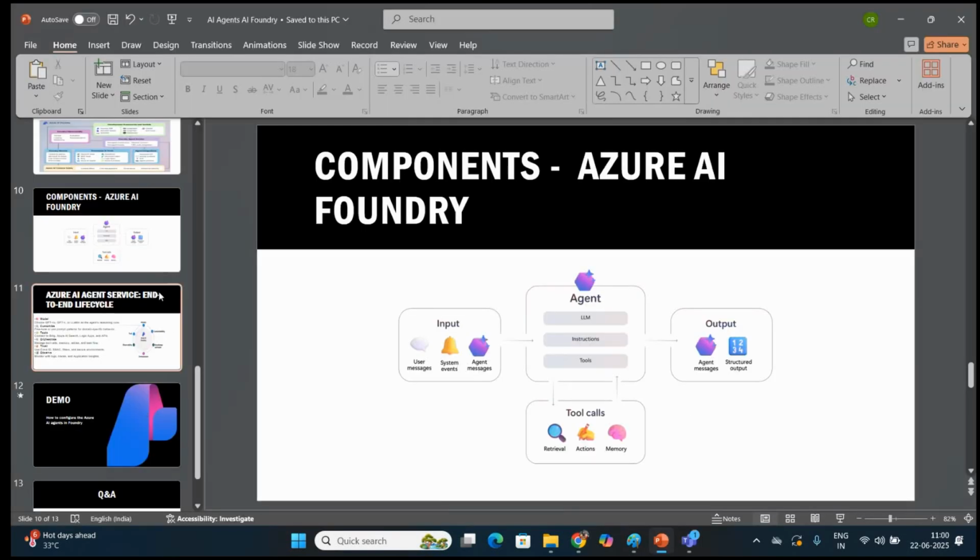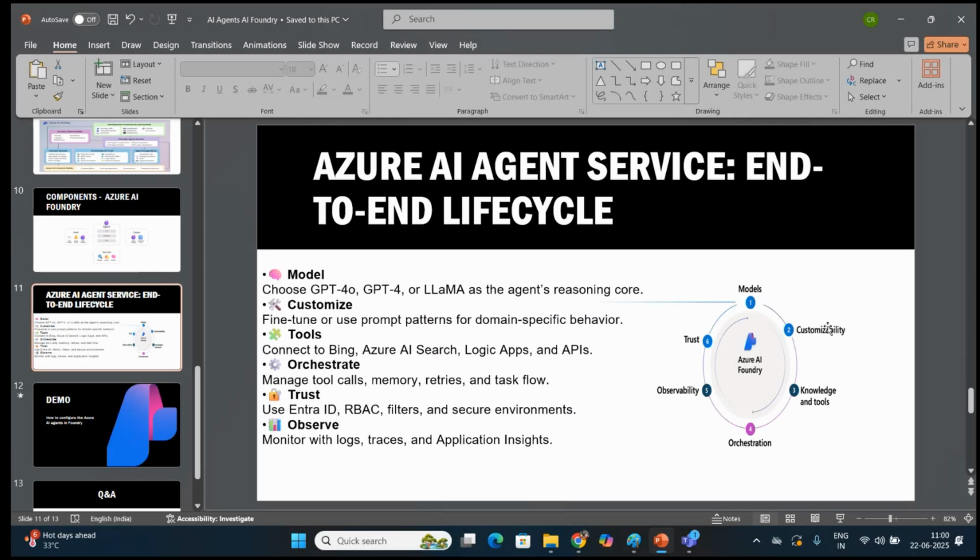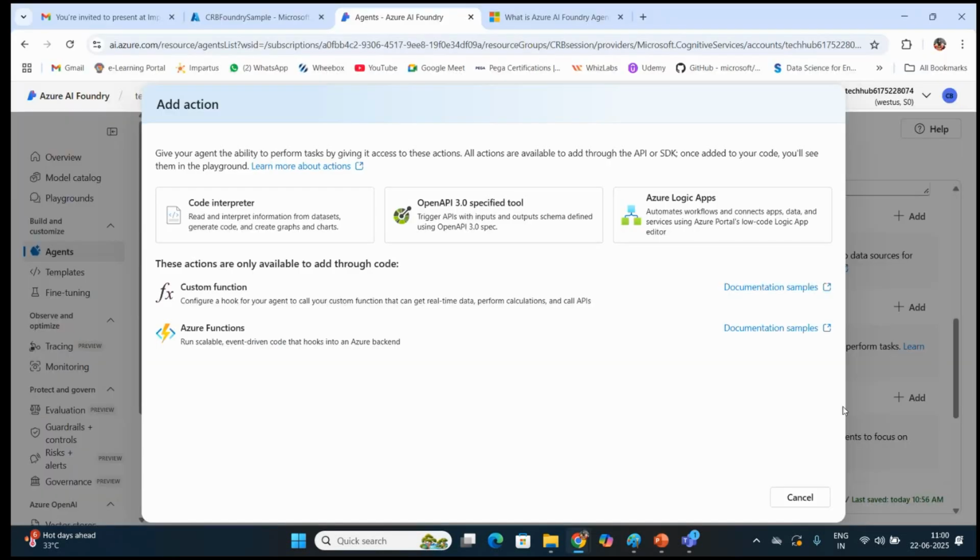Now coming to the life cycle that we had discussed, you had customized your data, and now you have to connect it with different tools, right? So for that, you would be giving some kind of action that you want to perform.